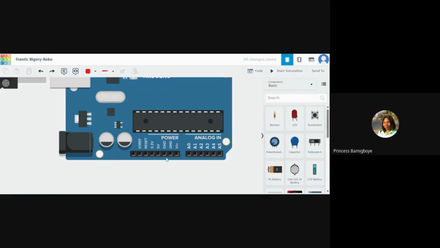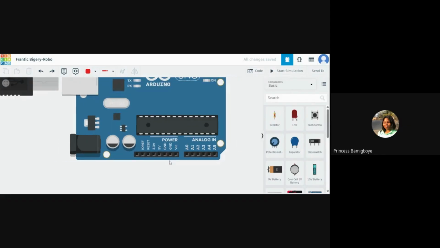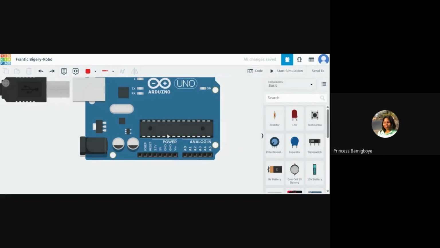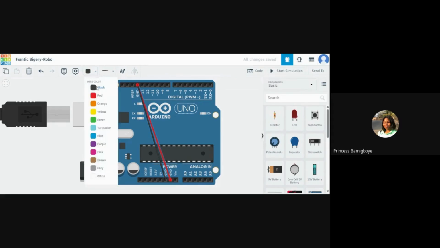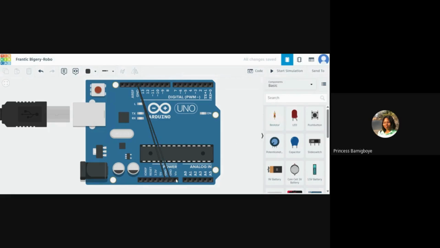So now let's move to ground. What is ground? You can see three symbols here: GND, GND, GND. Of course, they'll be black, because would it be Proteus if it's not color coded? So you can see all these GND, they are ground, right? They stand for ground.